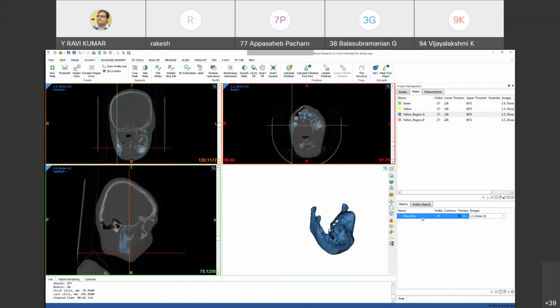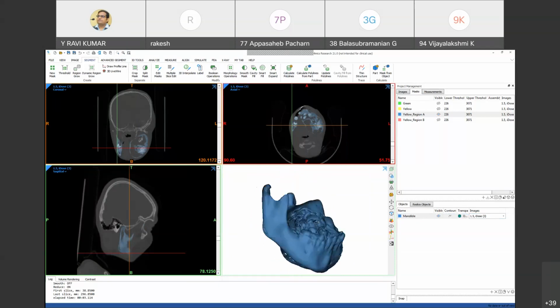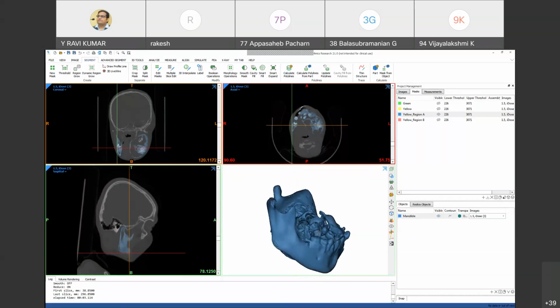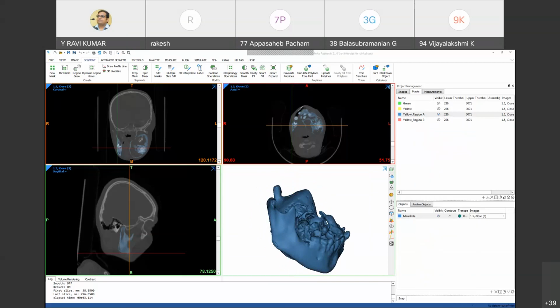So this mandible 3D model is available now. How can we convert this into an STL file? That is the second question. Just click on the mandible and you will get an option called export STL.